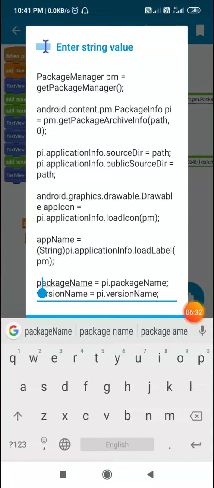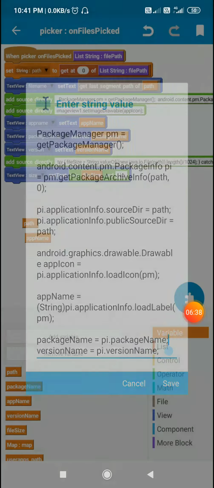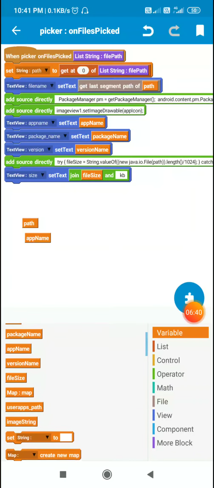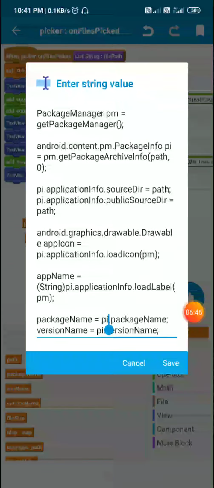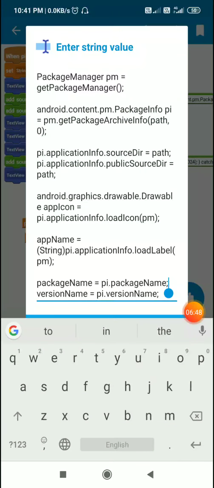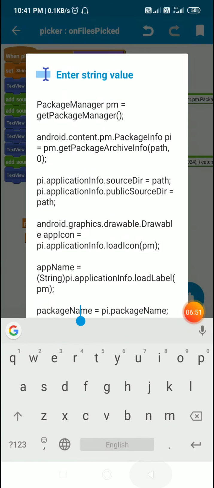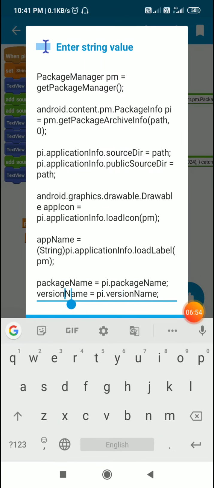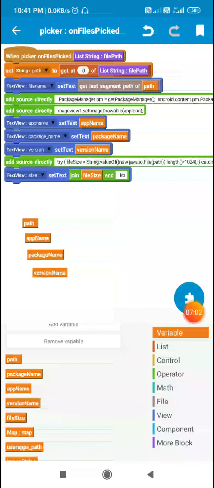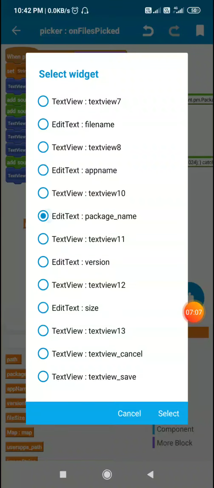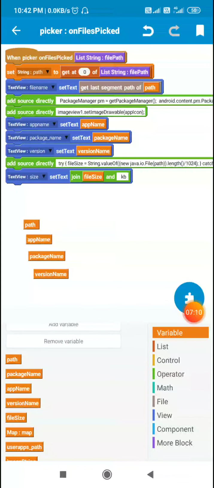Now the next line is package name is equal to pi.package name. For this I created a string variable called package name. This package name is defined as pi.package name. This package info.package name will be the package name, and similarly I define this string variable version name is equal to pi.version name, and for this also I created a string variable version name. Here I used this package name to set the text of edit text package name, and I used version name to set the text of